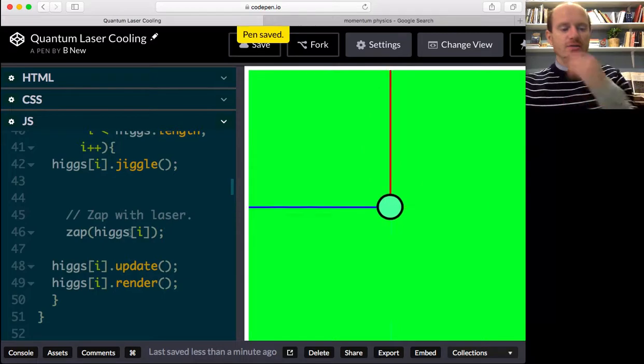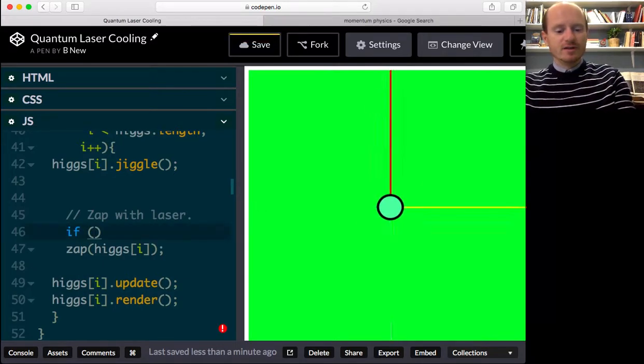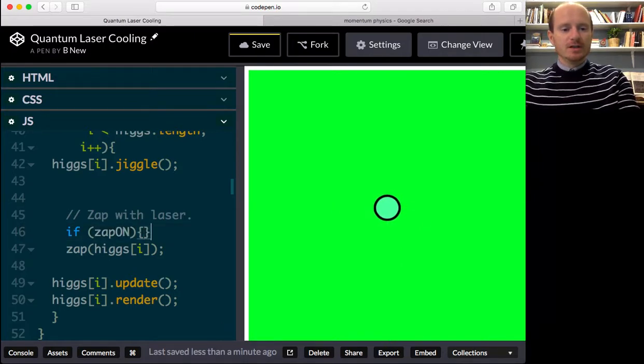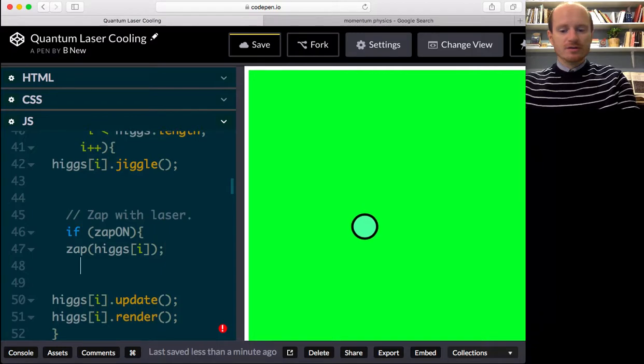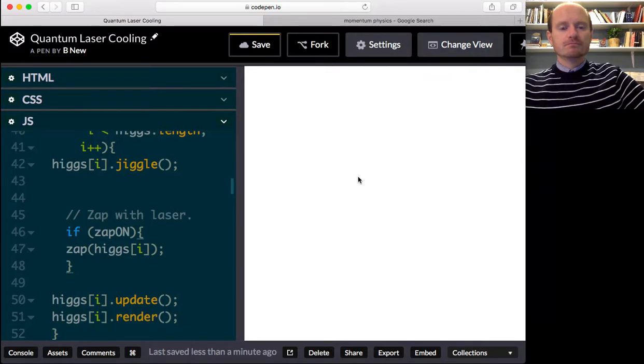And then we want to zap with the laser only if, we want to say if zap on, then do that. So this should now stop because the laser is switched off. Okay, you know what? Now that I've basically broken it somehow, I'm going to stop there,